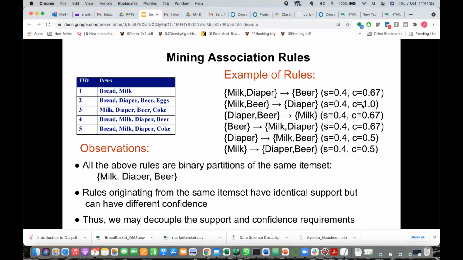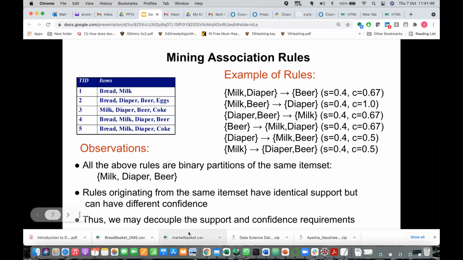So with high confidence, whenever they purchase milk and beer, they will also purchase diaper. Most probably it's milk for the kids and beer for the elders. Then both people need diapers, because one person may lose consciousness. That is why they may want to have diapers. That is some reasoning, and if somebody wants, they can try to find out the reasons. But as a data scientist, our main aim is to find the rules, not the reasoning.